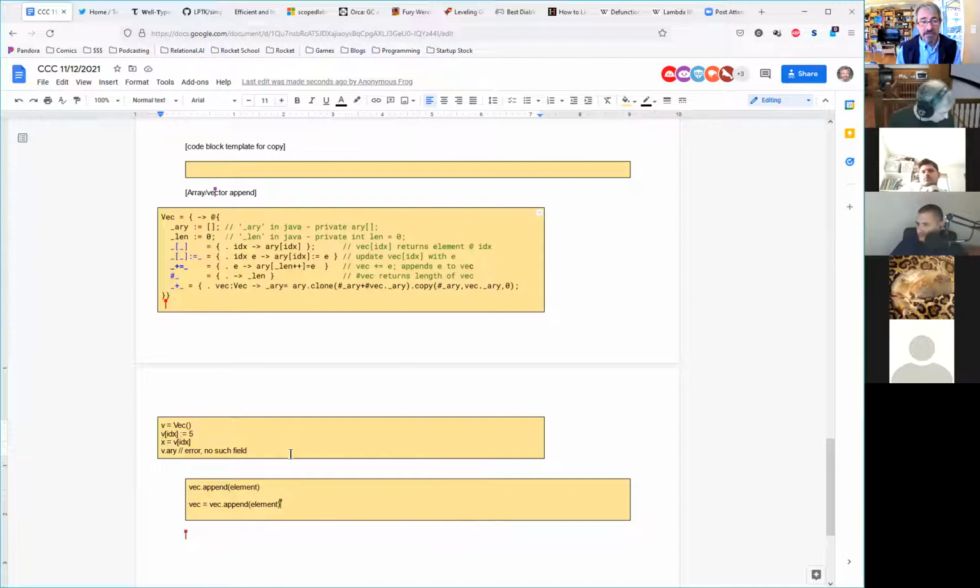It could return the vec itself, and that would let you have the same API for immutables. I typically find it's actually more convenient to have the array, because when I shove the element in, it's 50-50 that I want the element next or I want the array next. But if I wanted to just return the vec as a standard return, I'd do this for plus equals. Now it's returning the dot, which is the vec. And that's the same API for doing